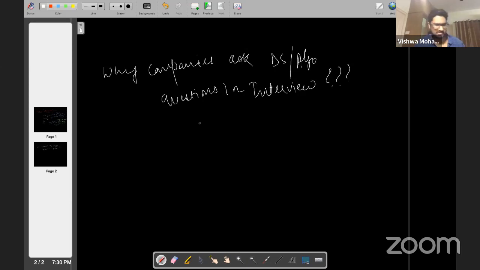I think for these sessions, there's another question: are there any prerequisites? I don't see any prerequisite for data structures and algorithms, at least for this course. Even if you start from the basics, there's no prerequisite as such. The only prerequisite is that you should be aware of one language, and that language is not English or Hindi. One programming language, like Java, C++, or Python.